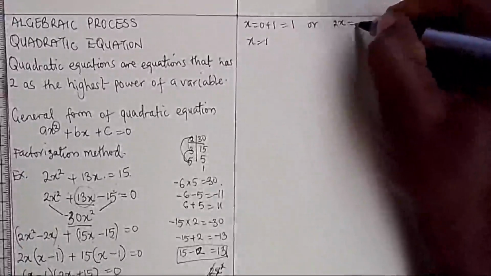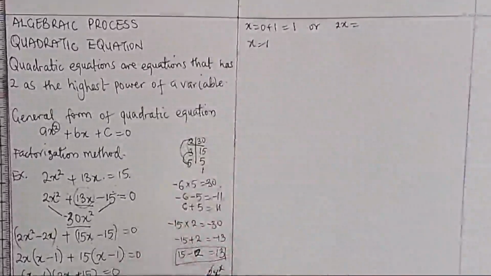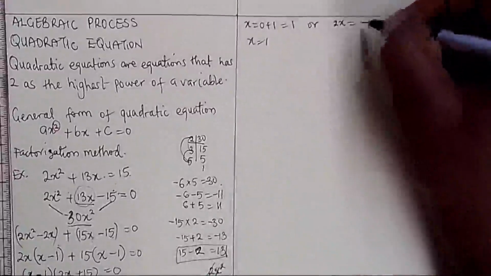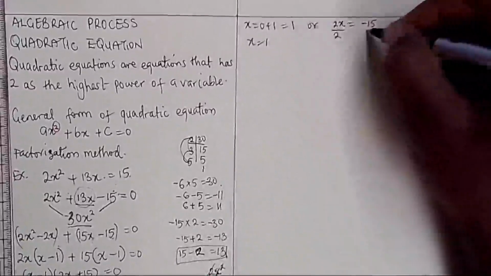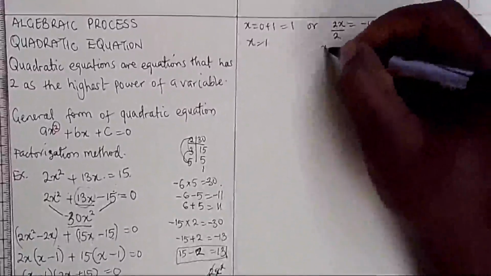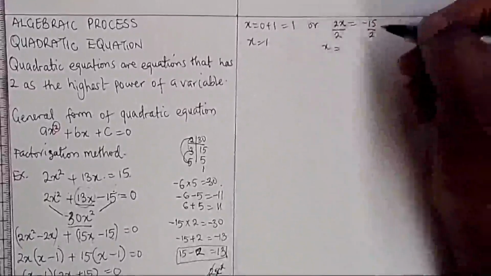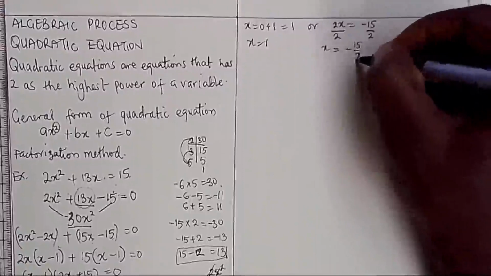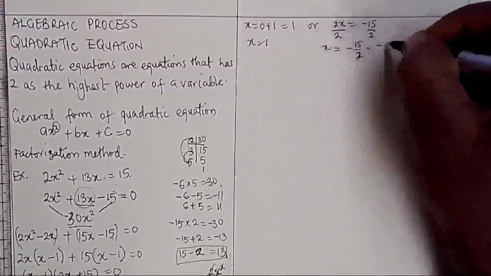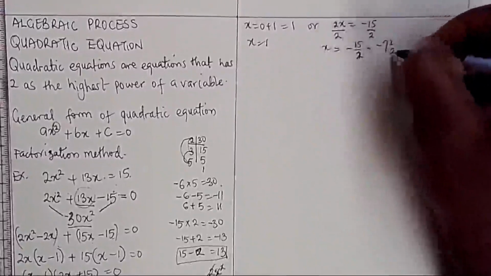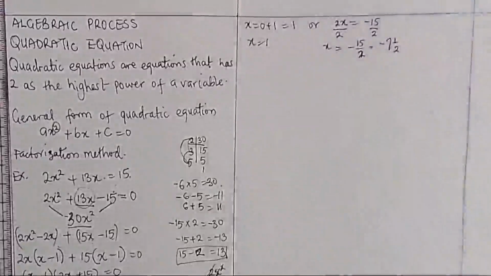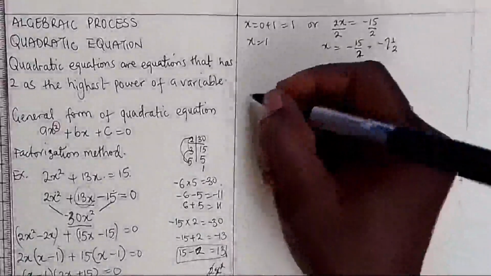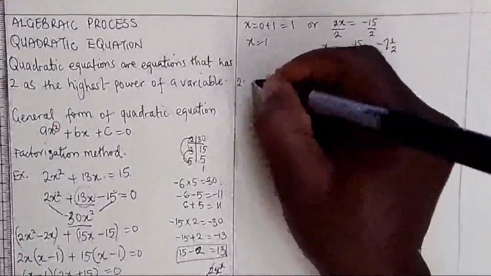Or the value of x here is, 2x is equal to, this is positive 15, moving over it becomes negative 15. Negative 15, divide both sides by 2, so that you'll be left with x. So our x here will now be equal to minus 15 over 2, or you can say it's minus 7 whole number 1 over 2. Now that's that. When you are given this, we can also try another example, giving us the second example as